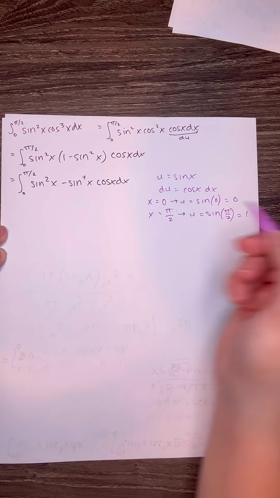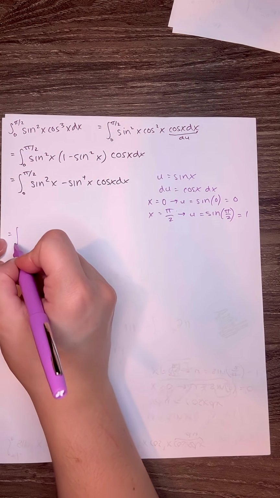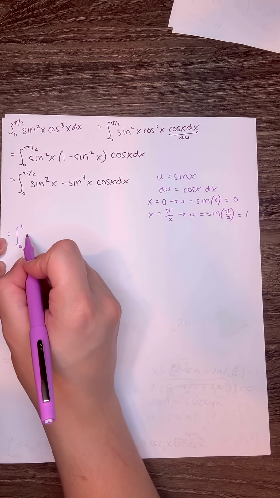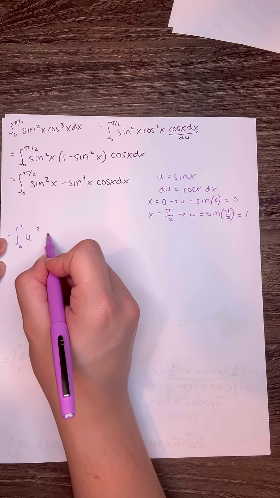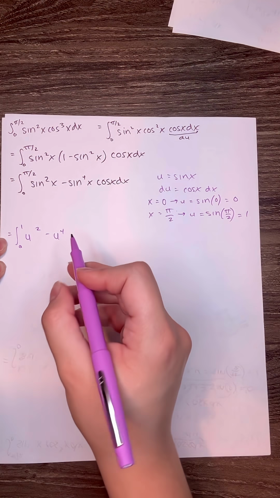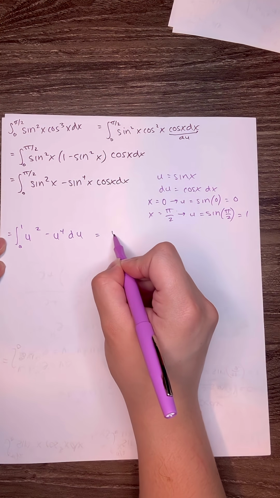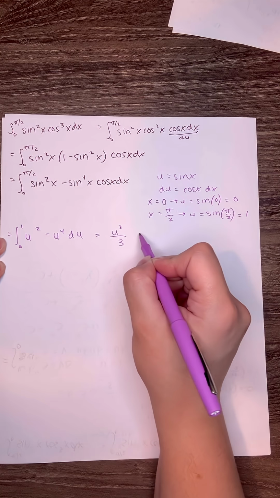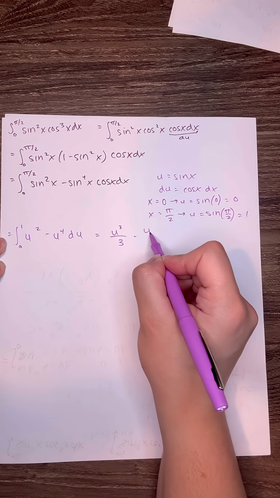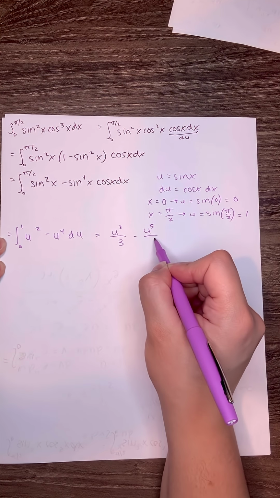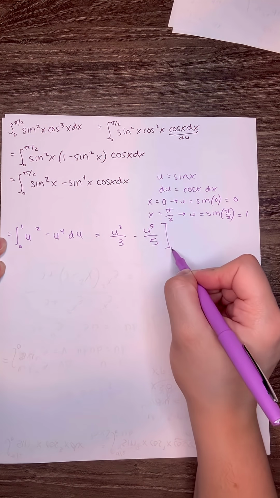We'll go ahead and use u substitution with our u as sine x and our du as cosine x dx, and change our bounds from terms of x to terms of u. This leaves us with the integral of u squared minus u to the fourth power du, evaluated from 0 to 1. We'll finish solving this integral by integrating as we usually would and plugging in our bounds starting from top